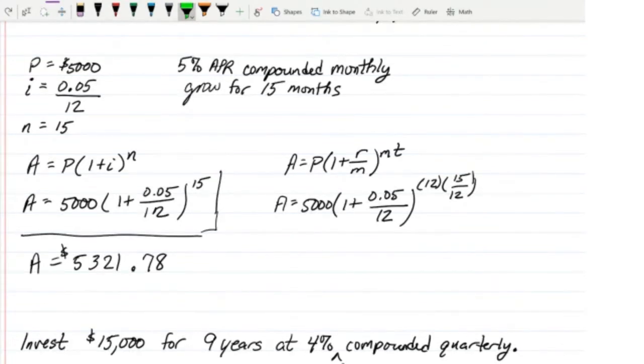Right? Or at least if they don't match, you're going to have to make them match. I wrote down my formula, A equals P times 1 plus I to the n power. Most of the numbers could plug straight in, right? P plugs straight in. The fraction for I plugs straight in, now that we knew it. And n plugs straight in. Now, if you notice, I went straight to the answer here without giving a lot of